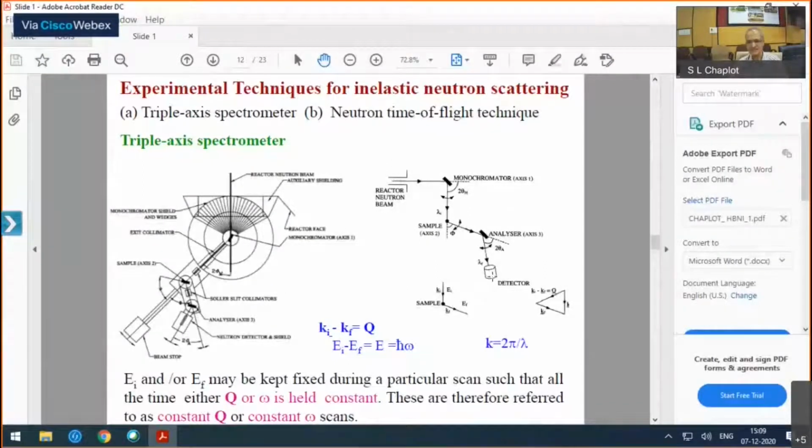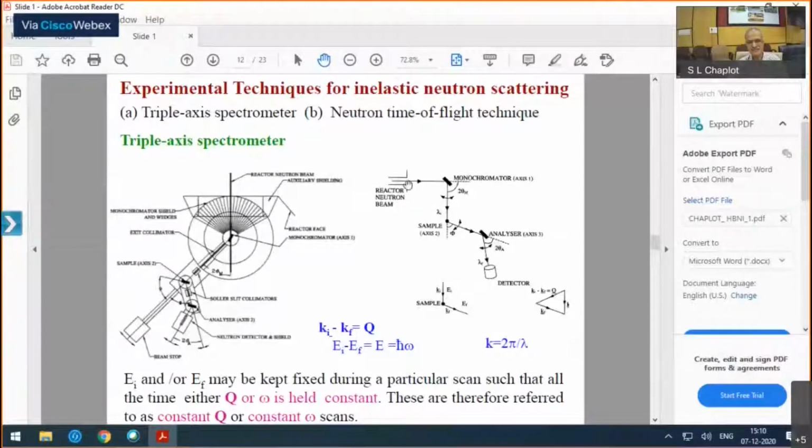Detector is typically a gas detector, either a helium-3 detector or a boron trifluoride BF3 detector. And these have fairly good efficiencies. And essentially, one can count each neutron that is falling here. So what we actually measure is the number of neutrons over a finite time, maybe a few seconds to could be several minutes or half an hour or 1 hour or something. But you actually get the actual number of neutrons which are falling here. Okay.